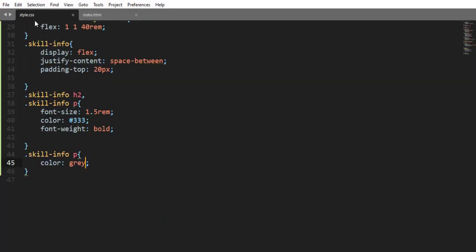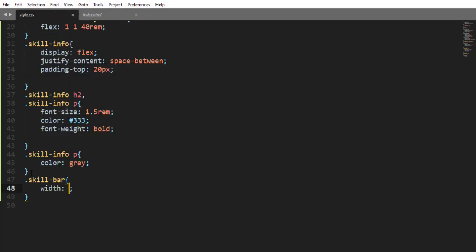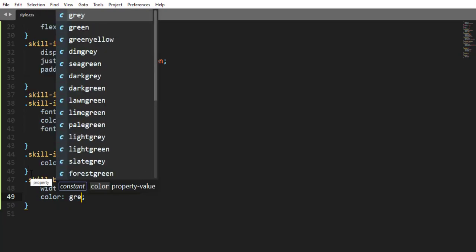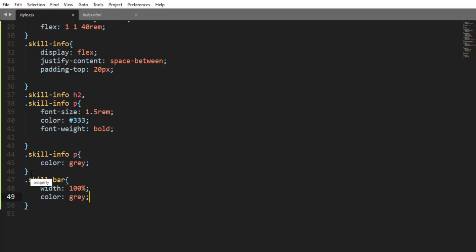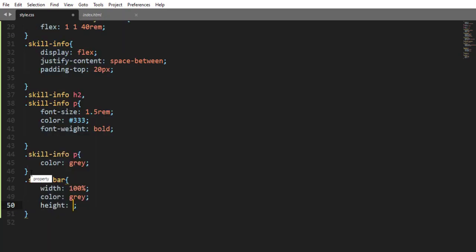So now using this skill bar class selector, let me add some property value pair. So to do this, we are going to use some property value pair right here with width 100%, color dark orange, let me say gray instead of dark orange, and height 8 pixel,